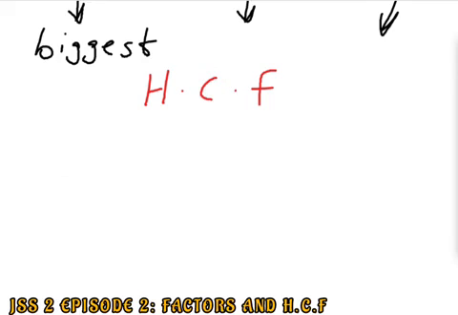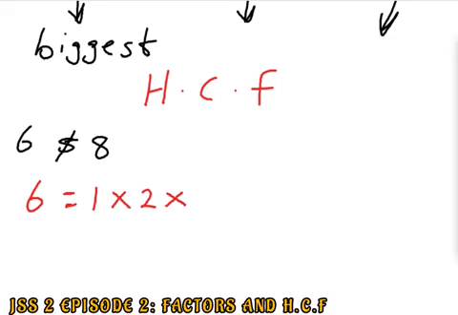Now, we are going to find the HCF of these two numbers. Find the highest common factor of 6 and 8. To find the highest common factor of 6 and 8, first of all, we are going to bring out the first number, 6, and we will find the factors of 6. The factors of 6 are, beginning from the universal factor 1, we also have 1 times 2 times 3. This is what will give us 6. So the factors of 6 are,